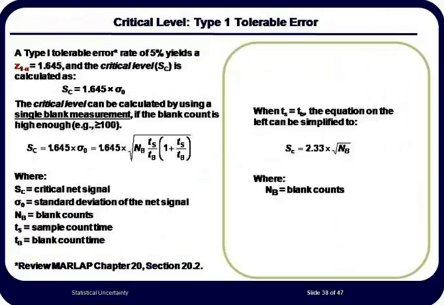In order to calculate where the critical level is, we need to calculate the standard uncertainty for the analysis. Keep in mind that if we are using this to determine the critical level for a sample, two measurements are required, one for the sample and one for the instrument background. The determination of the sigma 0 value using a single blank count measurement can be best approximated by the term